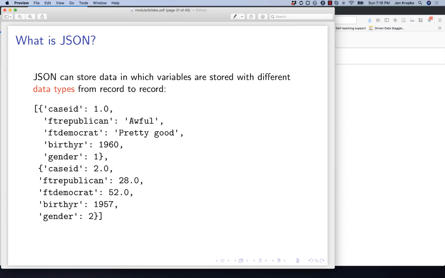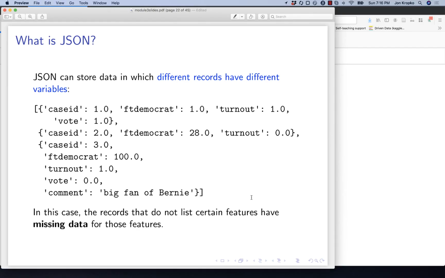The point is we can store strings in one observation and then numbers in the next very easily in JSON, and that's going to be a problem for data frames, which we're going to convert JSONs to in just a few minutes here. The other thing that JSON can do is it can store different features